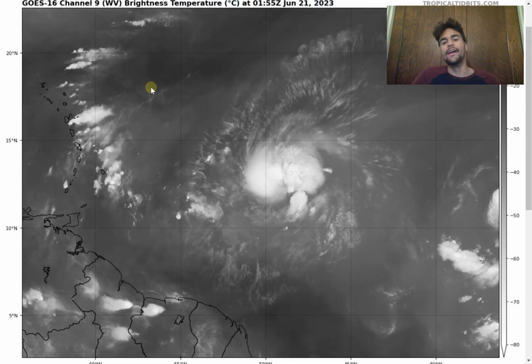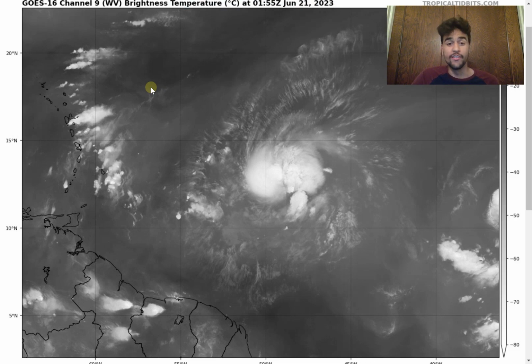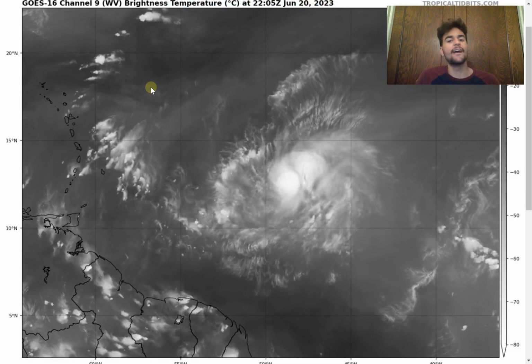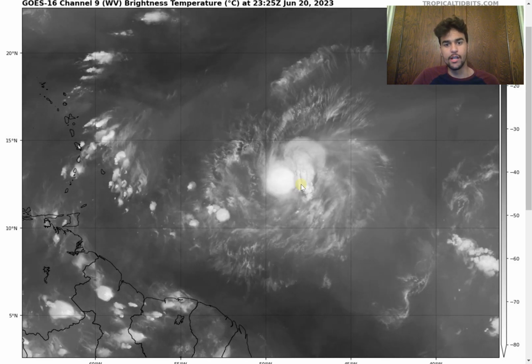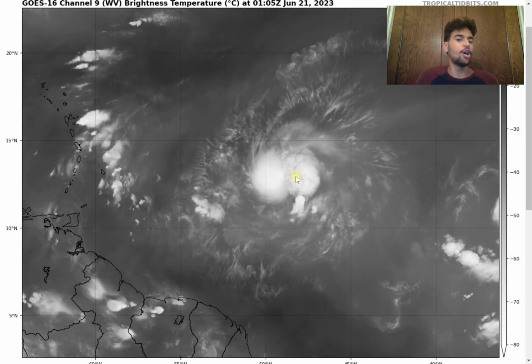Tropical Storm Bret currently is strengthening as it continues to head further westward. Take a look at the water vapor imagery. We do see that there's a lot more convective activity compared to yesterday around the center of circulation. We're seeing a large blow up of thunderstorms going on, and we don't see a lot of wind shear over